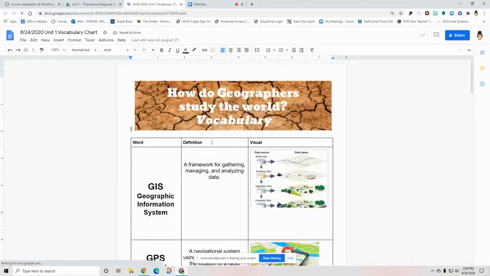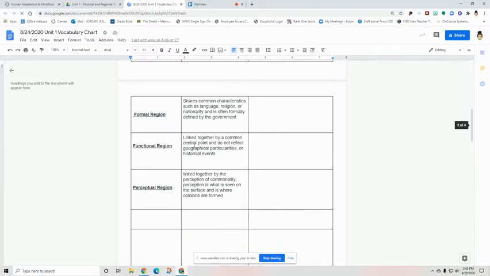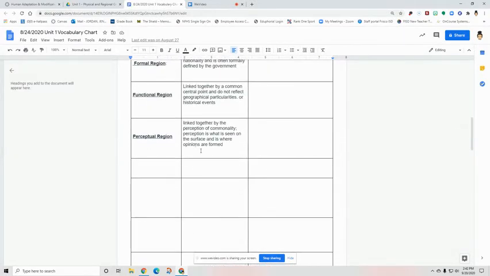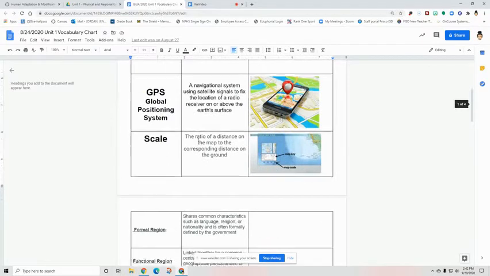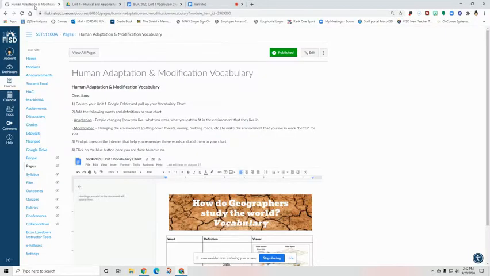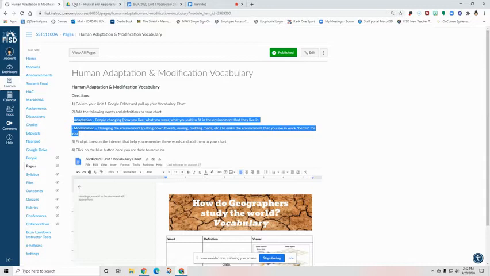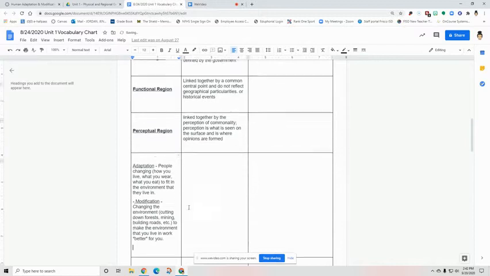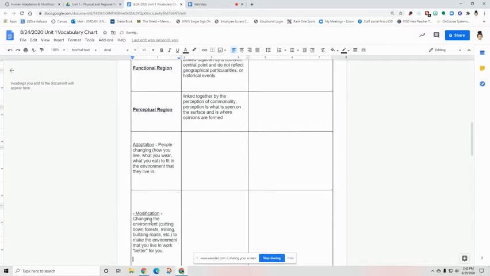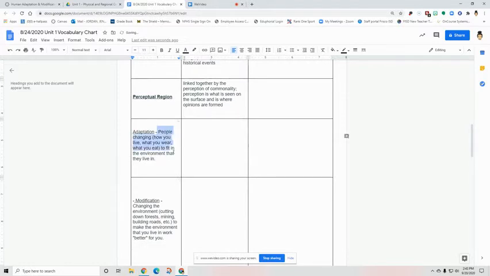All right, this is what it looks like, and you should already have six vocabulary words in it. And all you're going to do is add the new vocabulary words to the bottom. So it says adaptation, so you're just going to copy and paste this, go Control C, go to your vocabulary chart, copy, just like that, and then you're going to move things over